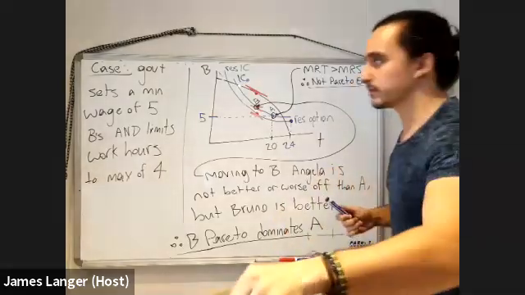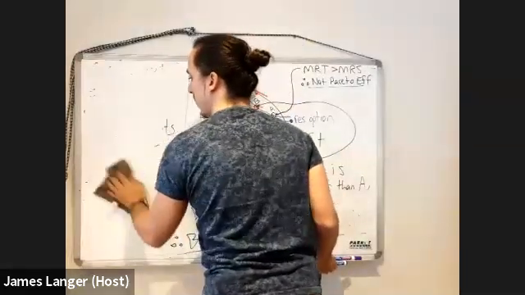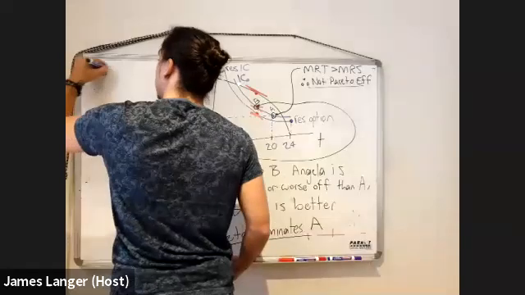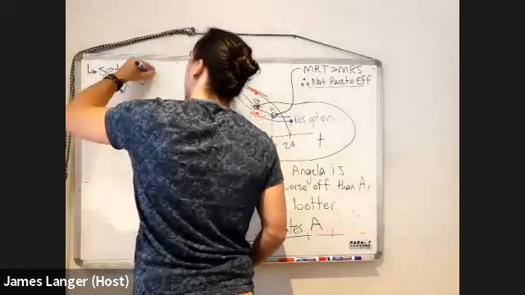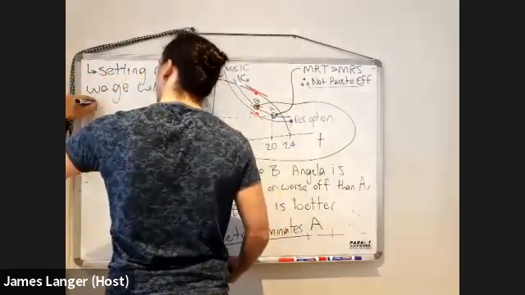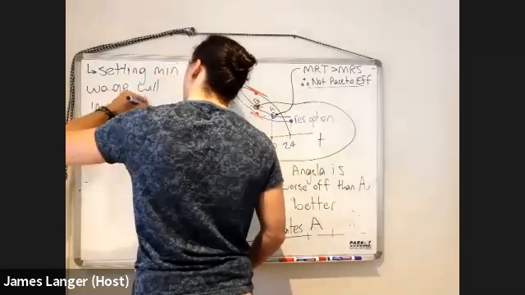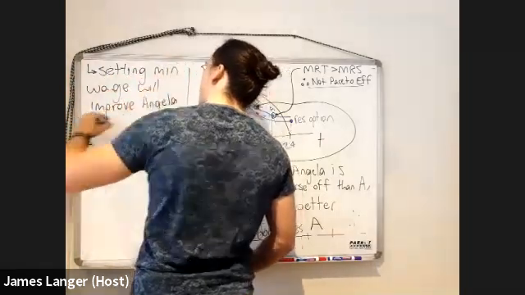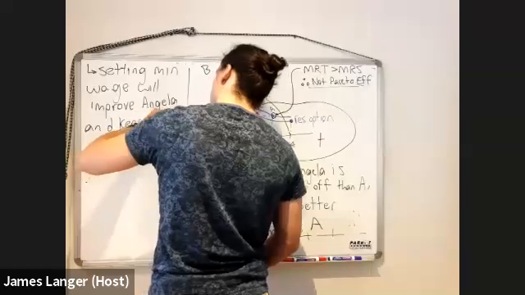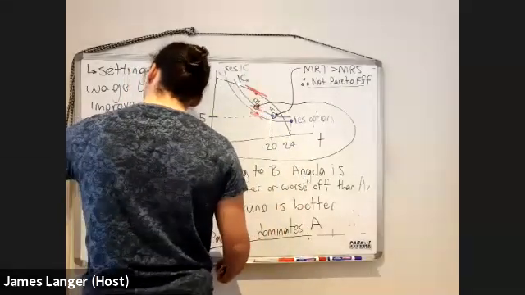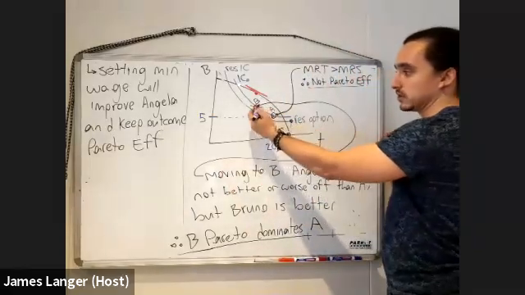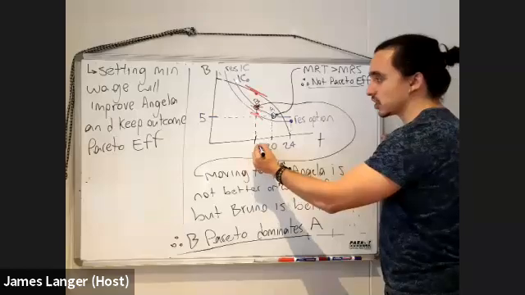So what does this say? Basically, I'm going to answer your question now, Cameron. This says that setting a minimum wage will improve Angela and keep the outcome Pareto efficient. So if we allowed her to move to this point, where we would have some T star and some share of B,